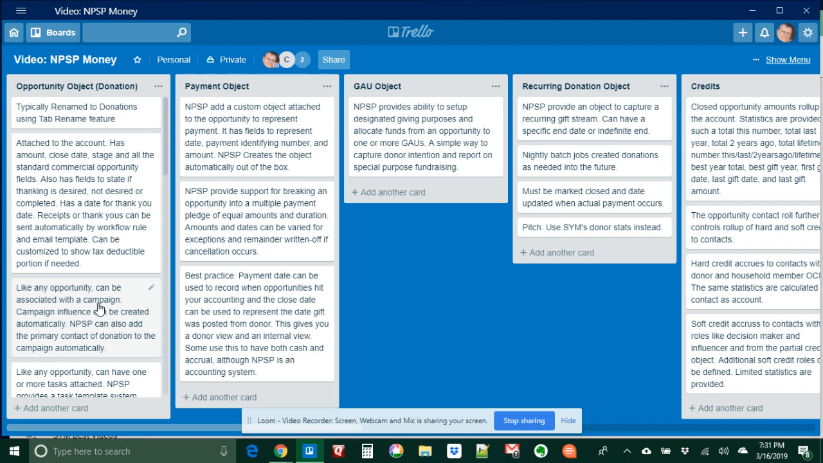Next is recurring donations. Now, this is, in my opinion, a slightly controversial subject, but NPSP provides an object to capture somebody's intention to give you a recurring set of donations. Now, please don't confuse this with a donation that has multiple payments. So if they say, I'm going to give you $12,000 in the next 12 months,